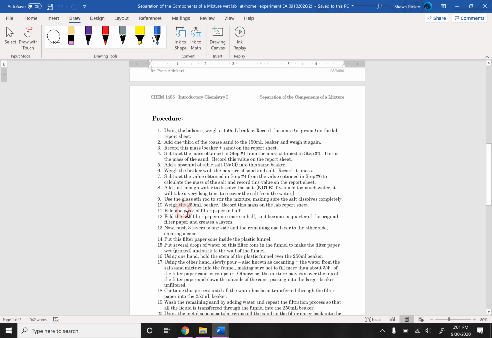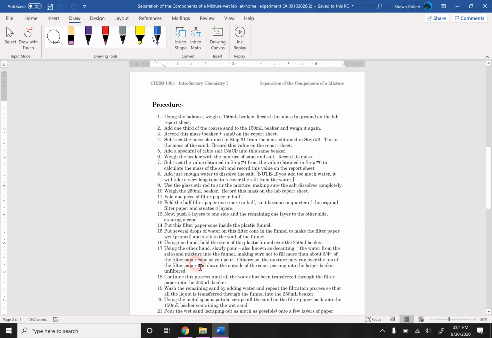Okay, so that's steps 11 through 13, and then in step 14 you actually put that into your filter, or your funnel, excuse me. So you should have a plastic funnel. Okay, so number 16, use one hand to hold the stem of the plastic funnel over the 250 ml beaker, and